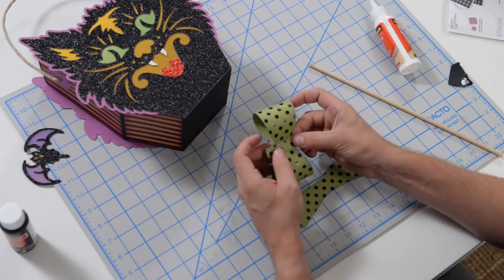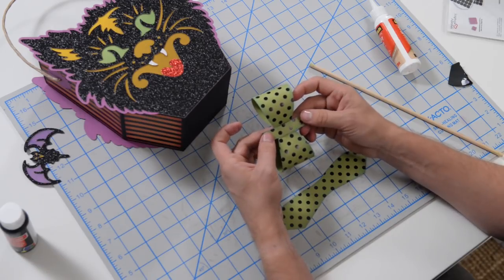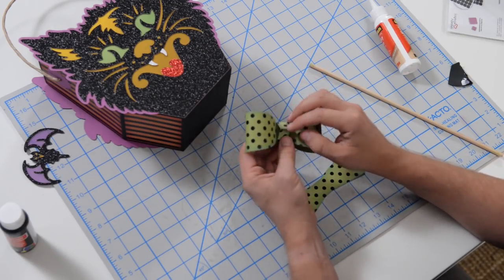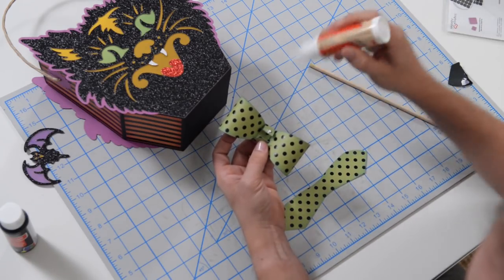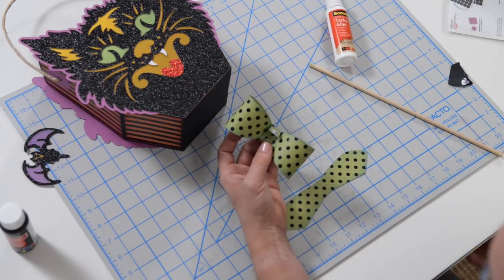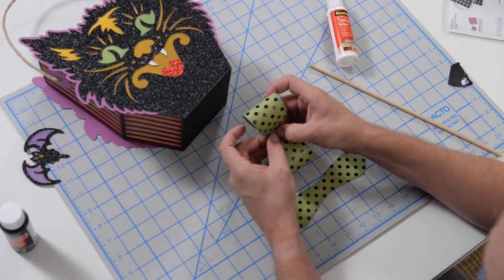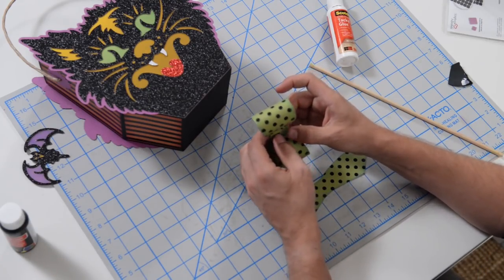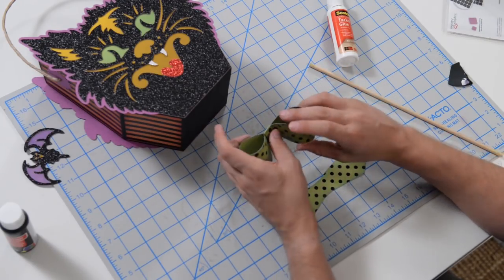And the next thing we're going to do then is we're going to take this, actually I'm going to glue this to the center. So what you can do is just pop it right in the middle of your bow and then just fold it over. And then we'll put a little bit of glue on one end, just like that, and then just glue the other end on top of that, like so. If you leave a little bit of slack on that, it'll give the bow a little bit more dimension on the front. You can see how it kind of pops up a little bit,